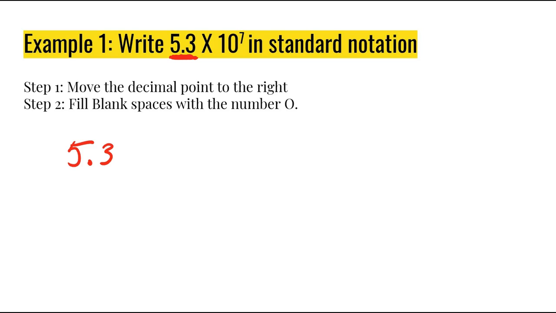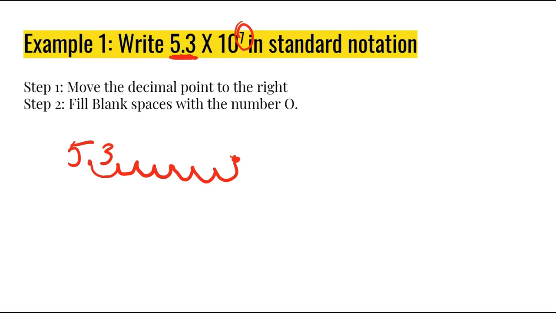So our step one to turn something from scientific notation to standard notation is just to move the decimal point to the right the amount of times that are in the exponent. So we take this 5.3 and we move our decimal point 7 times. 1, 2, 3, 4, 5, 6, 7. Our decimal point now moves from in here to out front. Okay, and